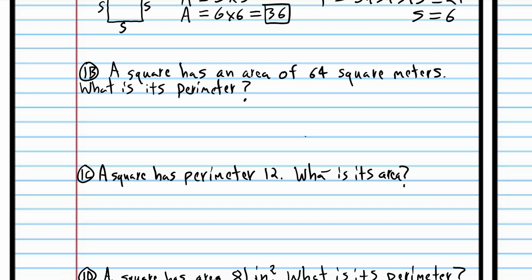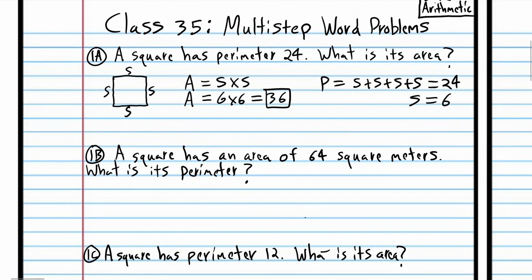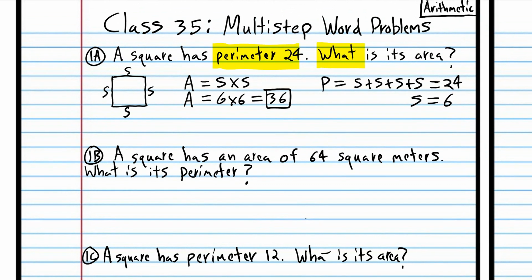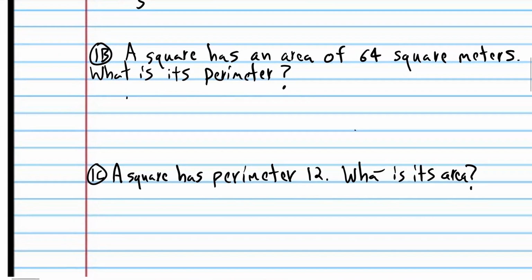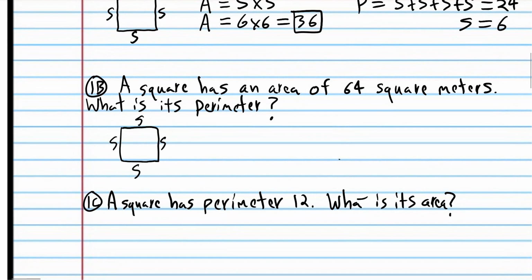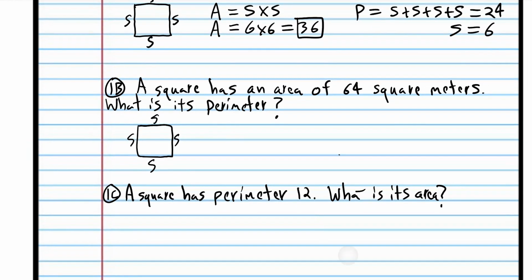A square has an area of 64 square meters. What is its perimeter? So this problem is going in the reverse direction. In the previous problem, they gave us the perimeter, and they asked for the area. In this problem, they give us the area, and we're asked to find the perimeter. So let's draw our square here. Same situation. All the side lengths are the same. And we want to find its perimeter,